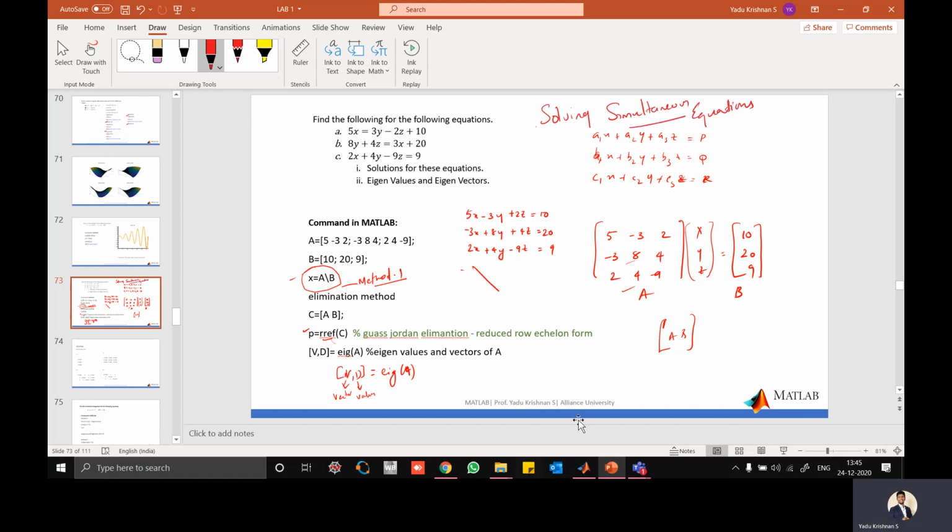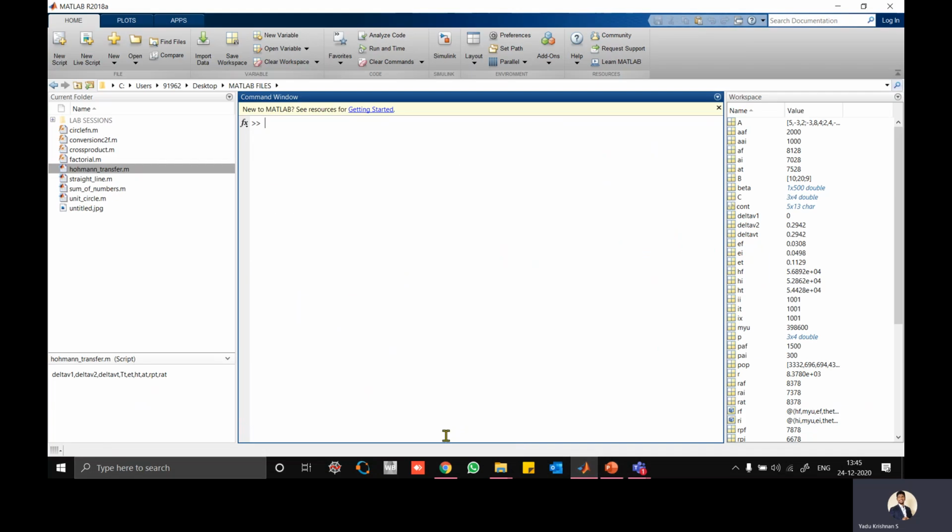Now, A is already defined. If you want to find the eigenvectors and eigenvalues, I need to introduce another output, V comma D, or any variable is fine. I put V comma D because one is for vectors and one is for the diagonal.